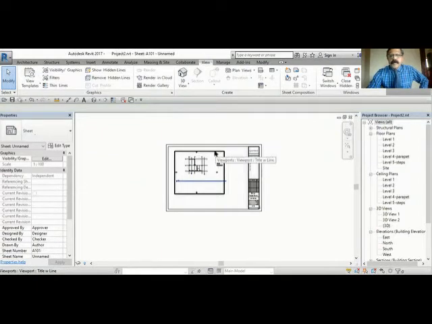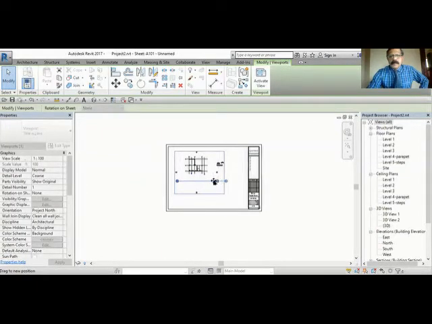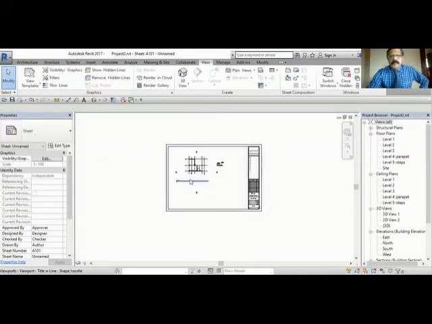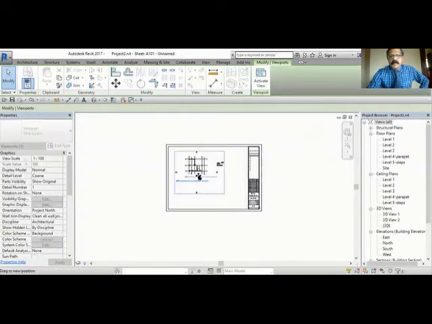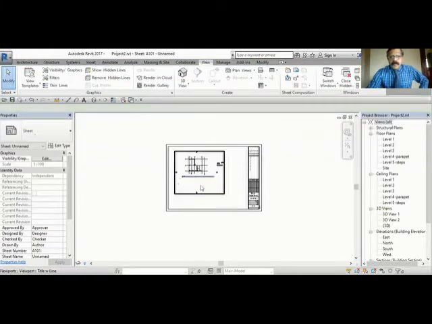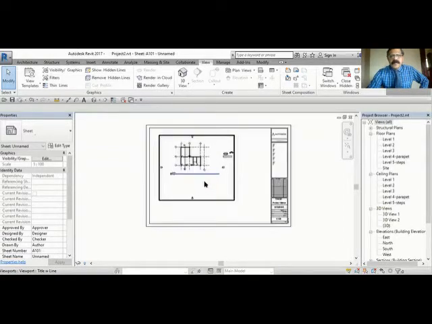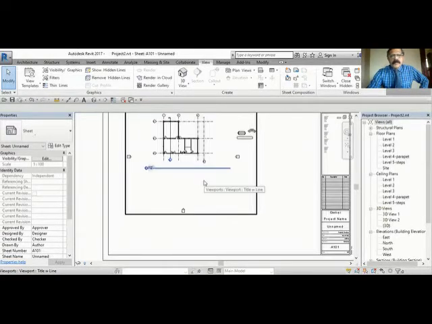You just select the border. You can move it up and down, something like that. It just shows you the name of the sheet, scale, etc. So this is the scale.